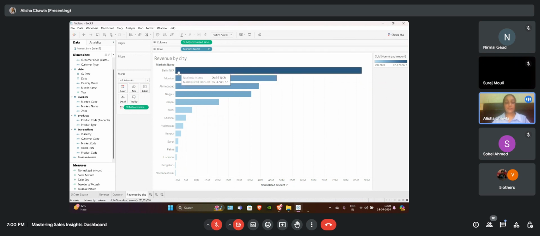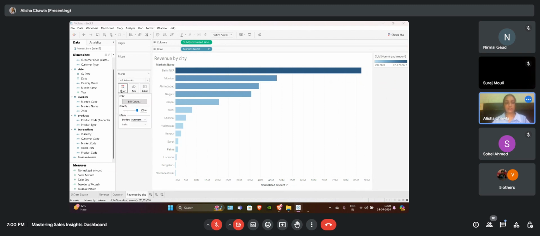Whichever market name has the highest profit will get the darkest color, and accordingly the lightest color for the lowest, darkest to lightest, that is the gradient.